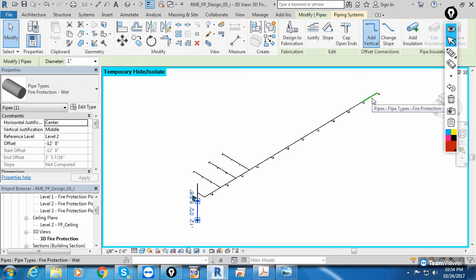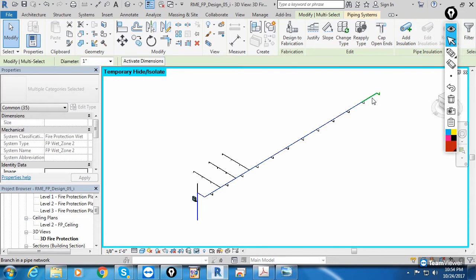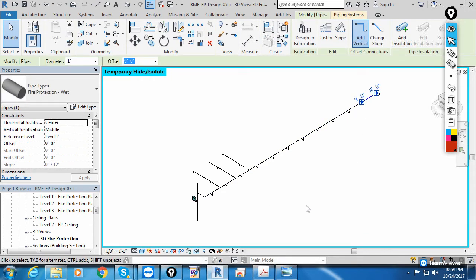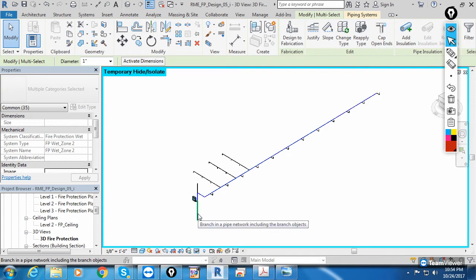When you can see the pre-selection color, don't click. First, press tab key. You see, when I click tab, starting to end, you can find out the pre-selection color. Then click to select. Once again, you see, or else you can start from here also. This is my first section, and take the cursor to the last section and verify the pre-selection color, and then press tab key, then click to select. Okay, so you see only starting to end pipe is selected, remaining branch is not selected, right? So this is one new method for selecting the pipe as per the requirement.